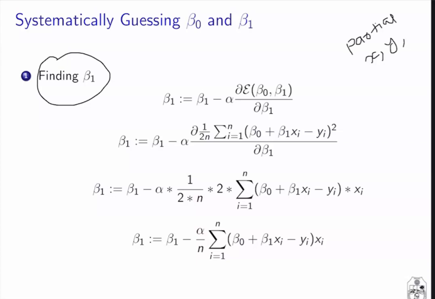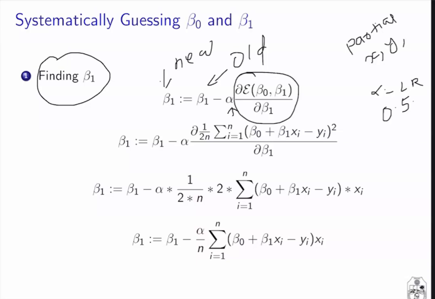Now here the value of beta 1 is expressed by this equation. This is the new value of beta 1 and this is the old value of beta 1, because this is a repetitive process. That's why the new value of beta 1 is calculated from the old value of beta 1, and there is one term called alpha. Alpha is the learning rate, by means of which we are going to increment or decrement our value. The learning rate in our previous example was 0.5, and we need to know whether we want to increase or decrease, and that increase or decrease is provided by taking the partial derivative.